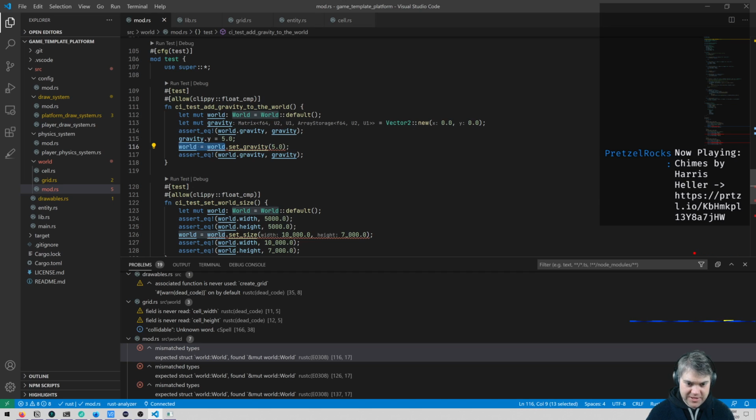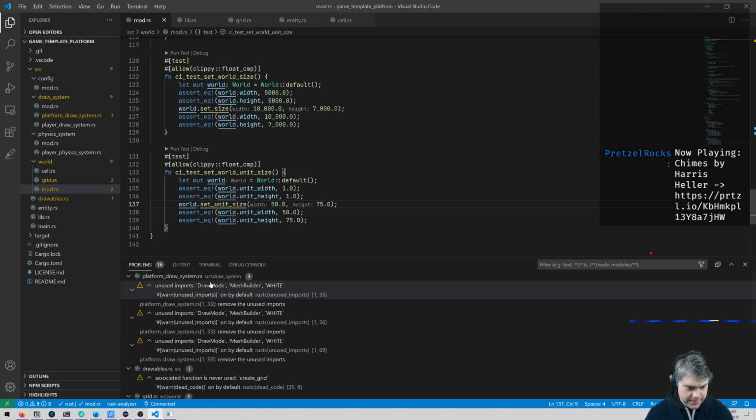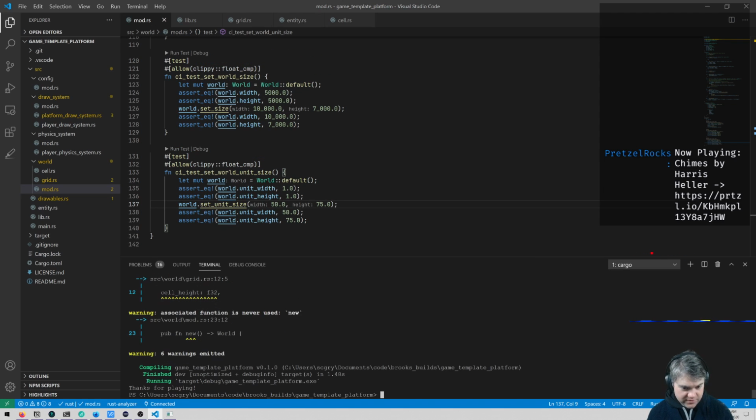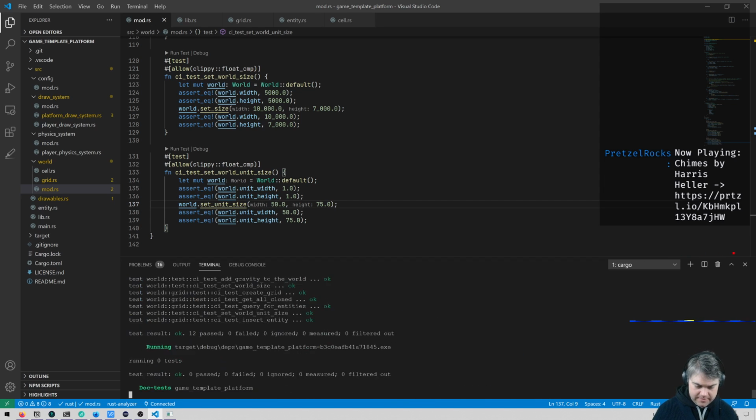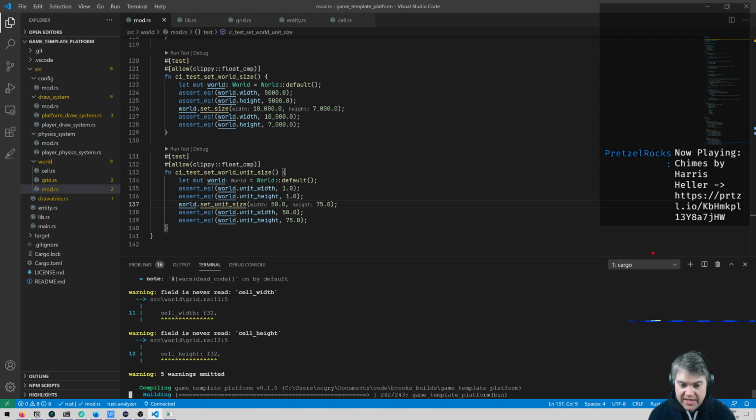Ah man, I was really hoping this would work, but it's capturing the uppercase one too, which is not exactly what I wanted. So we just mutate there, and now no more errors. So if I run cargo test, everything should still pass. And if we run this,